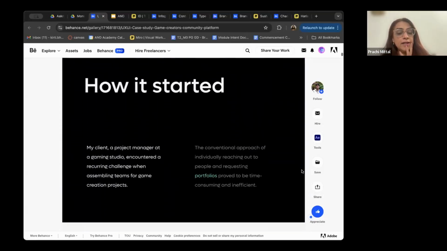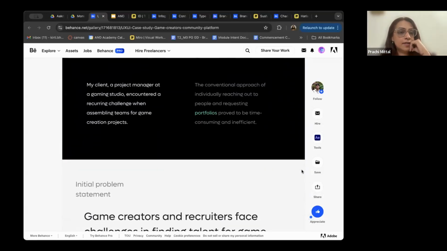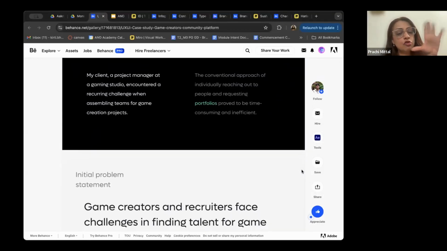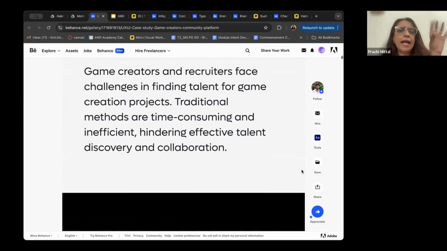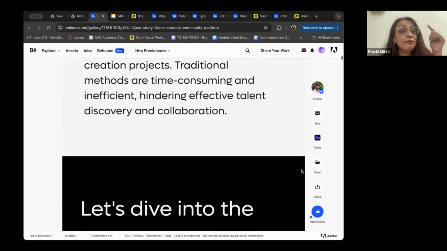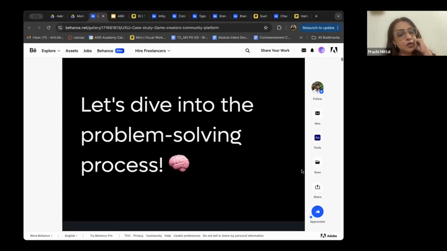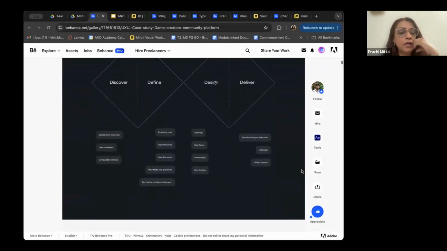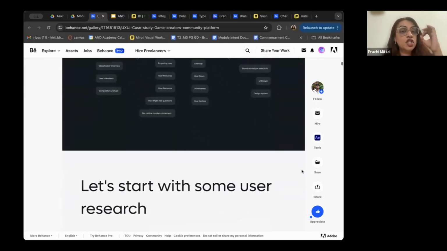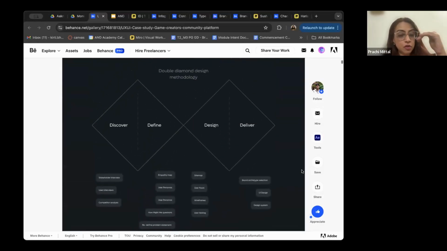Yeah, let's keep moving. So he got a brief from his client, this is the problem the client gave him, right? But then Aromal went on to probe further into it. Some problems were already identified by the client, which is the business, right? But then he further probed into it. You don't only go with whatever your business or your client has said, right? So this is a double diamond process, which everybody is quite familiar with. The first is discovering, which is when you don't just go by what your client said, but you deep dive into the problem.